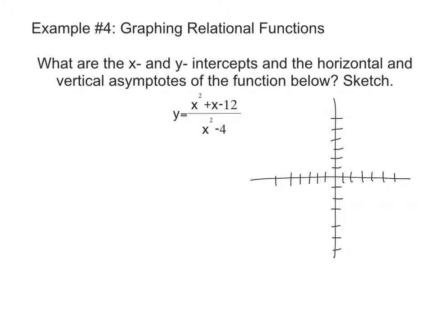All right, now before we do anything, while this is still kind of in standard form, the easiest one to find is our horizontal asymptote, because the horizontal asymptote is all about the degrees. The degree of the top is 2, and the bottom is 2 also, so that's equal. So we need to take their coefficients. There's a 1 and a 1. So 1 divided by 1 gives us a horizontal asymptote of y equals 1. So I'm going to go ahead and put y equals 1